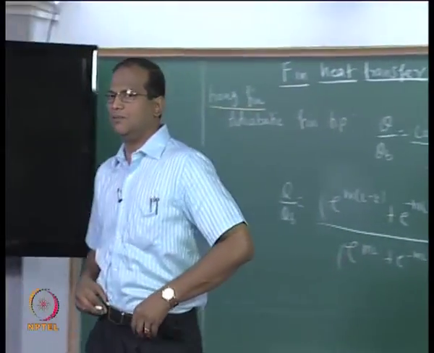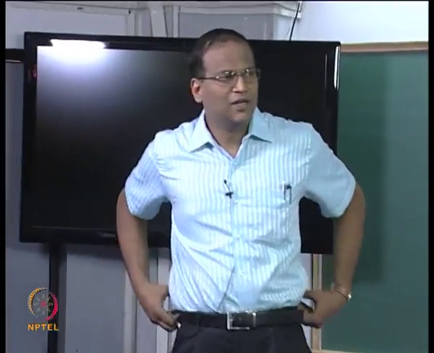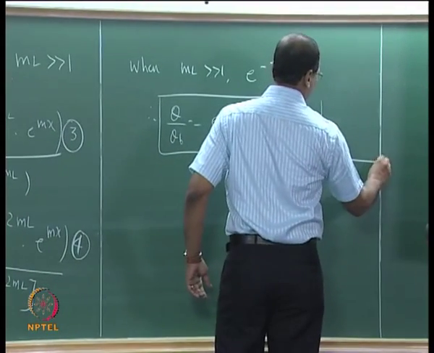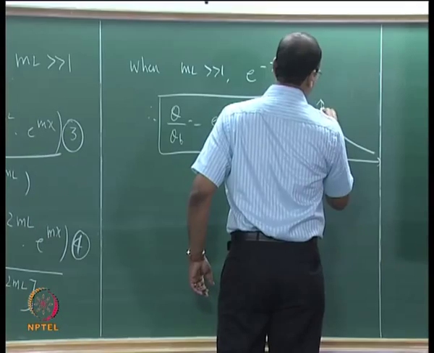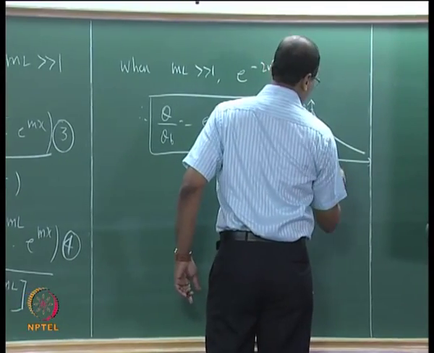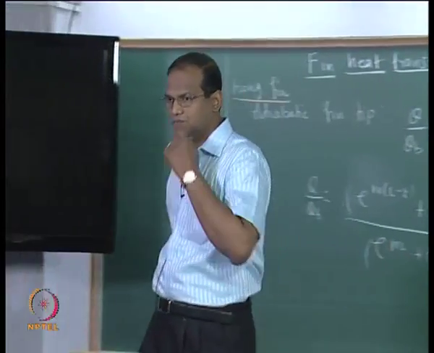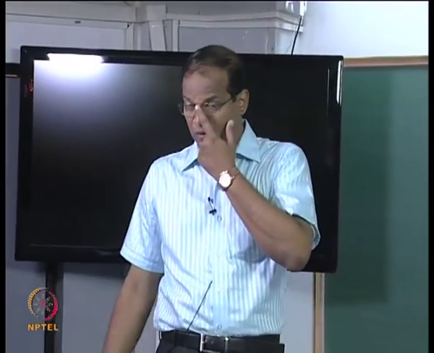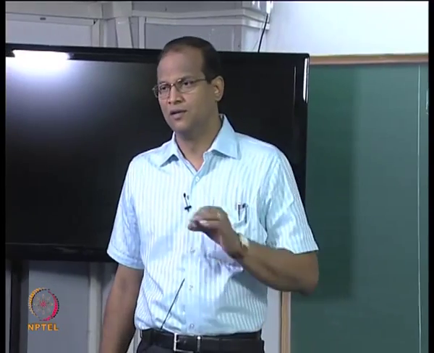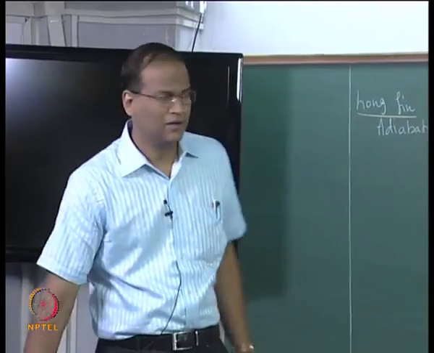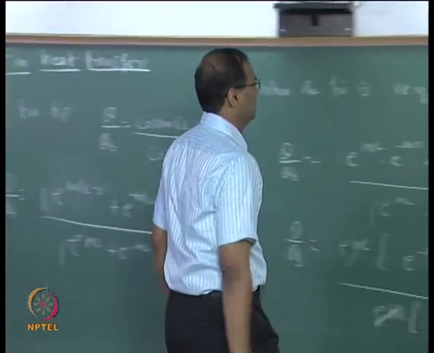theta by theta b is e to the power of minus mx, it turns out to be a very simple case of exponential distribution, okay. Even otherwise the temperature distribution is exponential, but it has become very simple. Okay. Now we will have to answer the question how long is long. We will try to answer that question, right. Now we can work out the